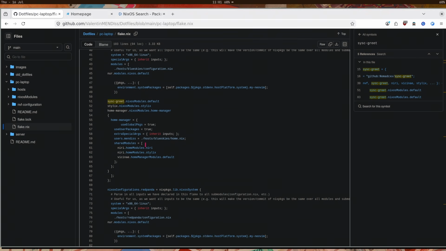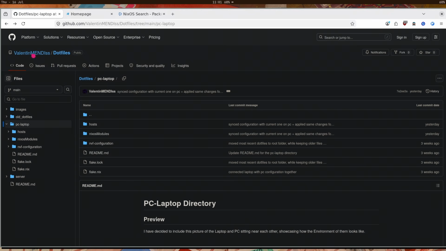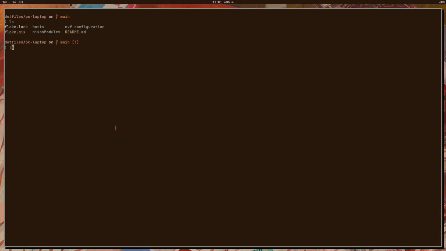Basically, you don't need to understand anything here, because at the beginning I didn't understand anything here either. The default configuration is actually probably the easiest part. If we go now to NixOS modules, this will be the easiest to do, or just in general, I'll go now to hosts,